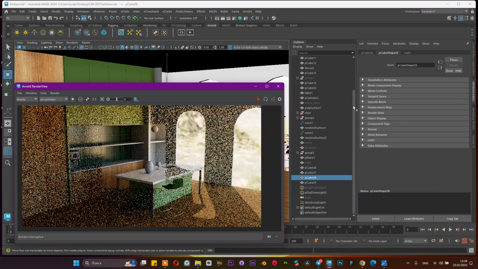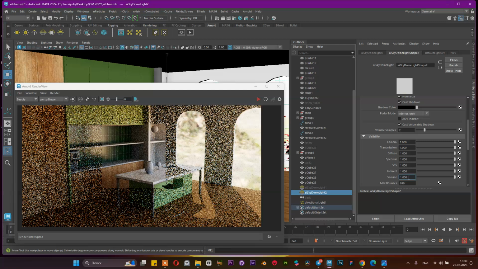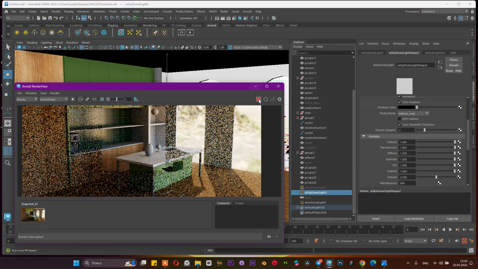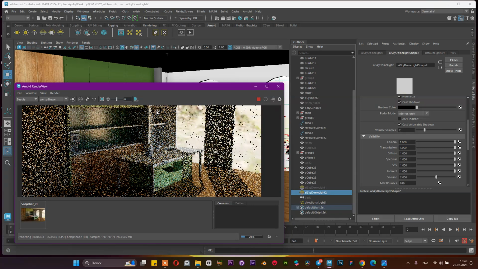Another way of increasing the sky is using some volume here. Inside of the sky dome light, we can increase volume a little bit. Let's make snapshot from this preview and re-render this out. This snapshot help you